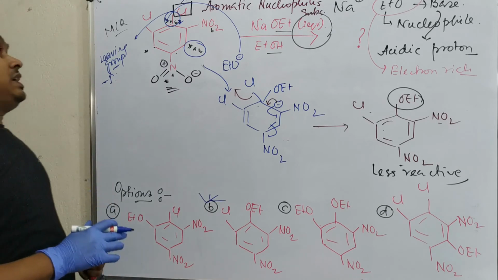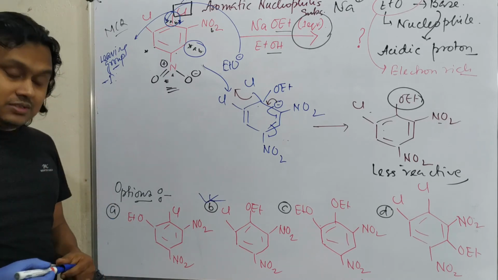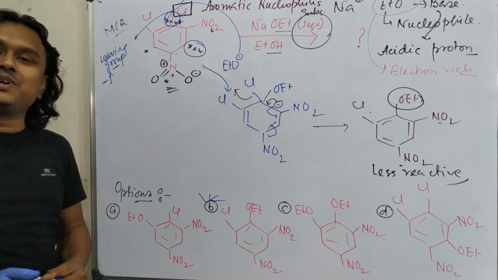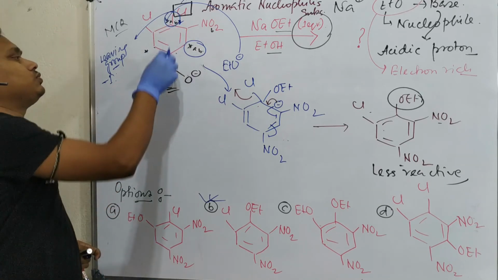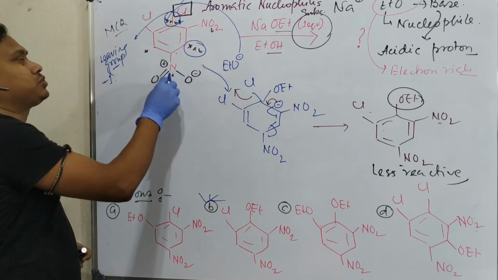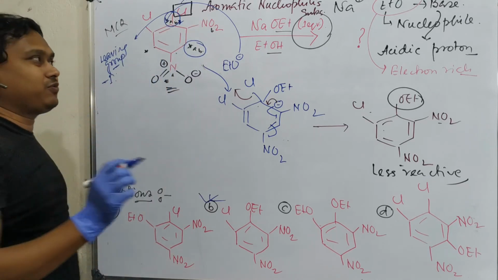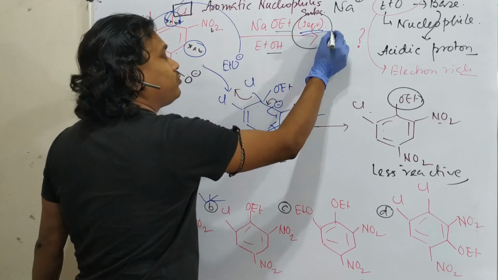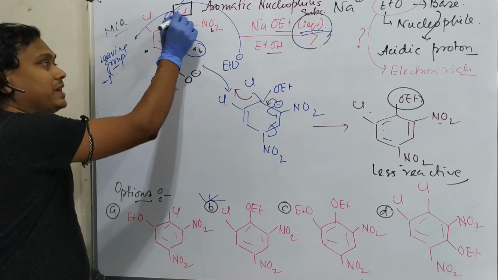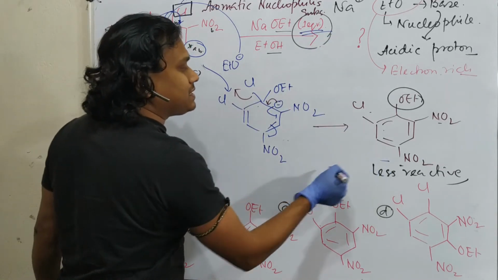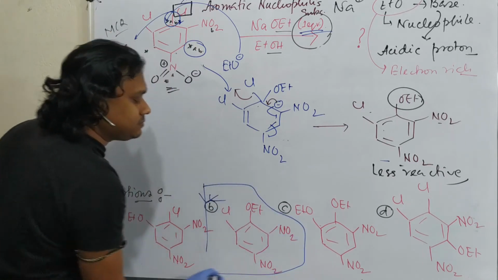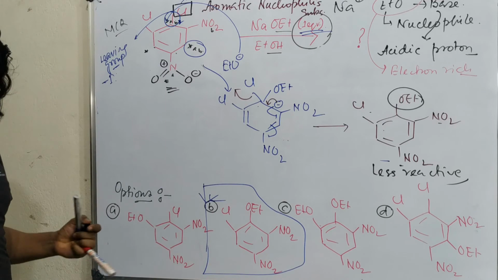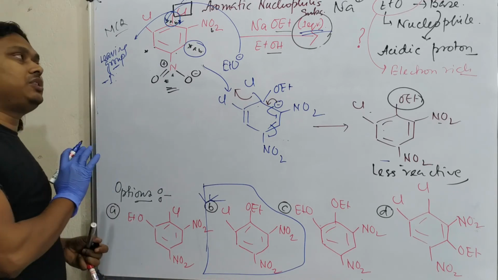Now, if this question is asked in your exam, how can you explain it in less than 30 seconds? I believe you can conclude within less than 30 seconds. See, this chloro is ortho and para with respect to two nitro groups, so nucleophilic attack will happen here. And second point, one equivalent is given, so the reaction will stop at this stage because the final product is less reactive than the starting material, so the answer is this. Very easy. Okay, so this is the overall discussion. I believe you can do it easily.